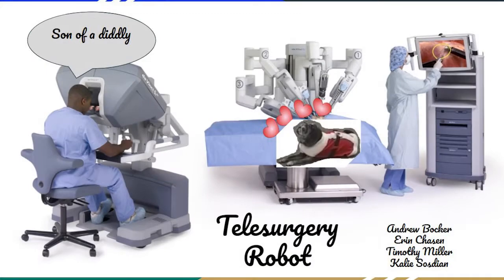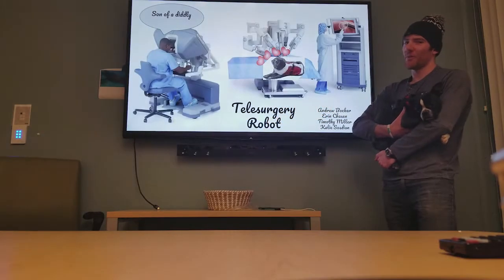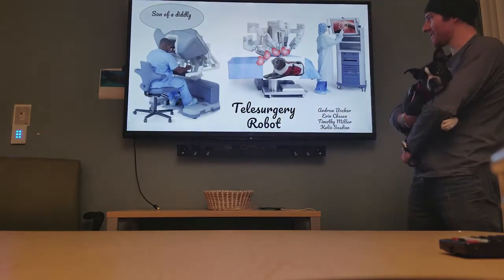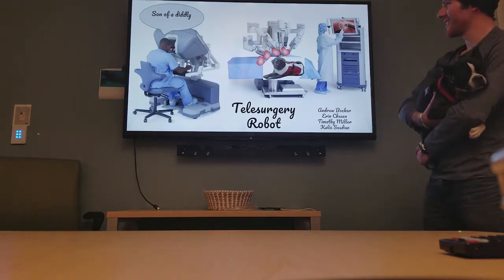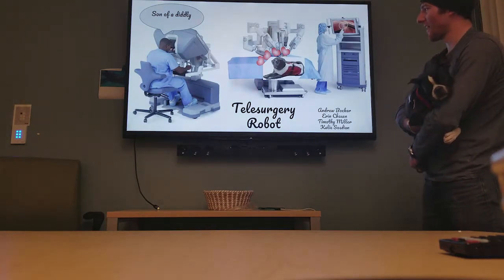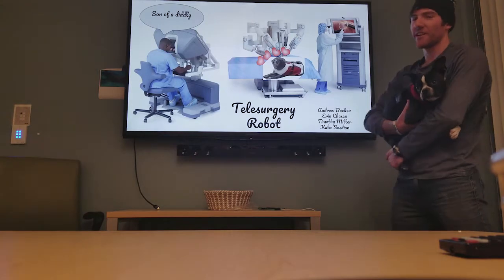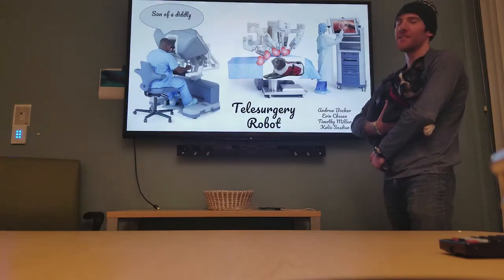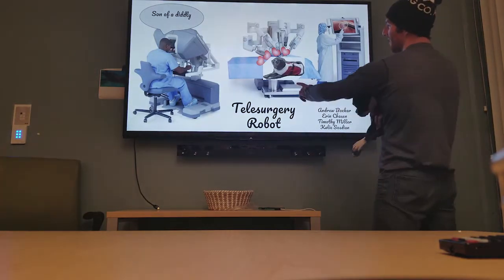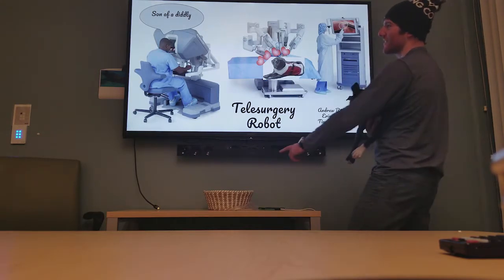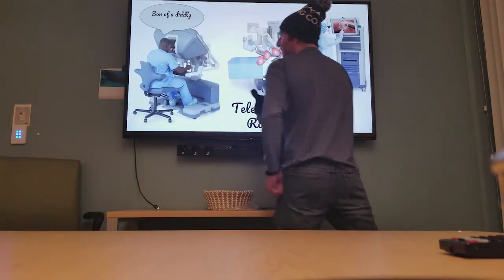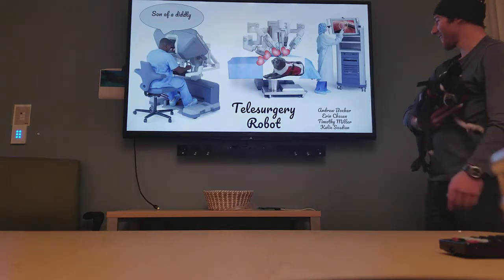Okay, so the topic of our project is the telesurgery robot, and we put together this mural of all sorts of things just to make our project extremely relevant. You can see that this is Shiloh. This is Dr. Colston,